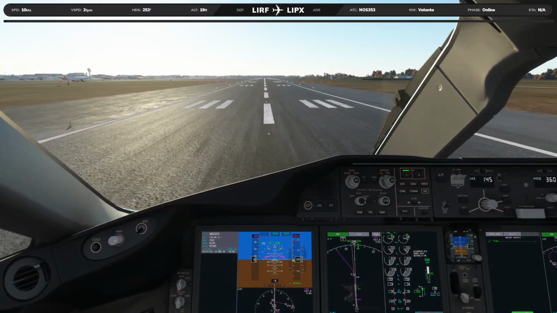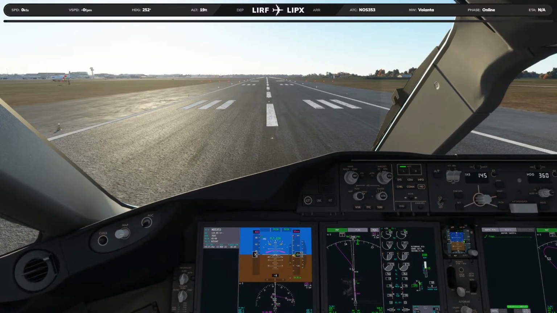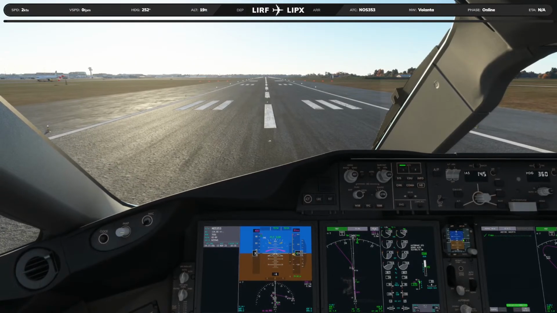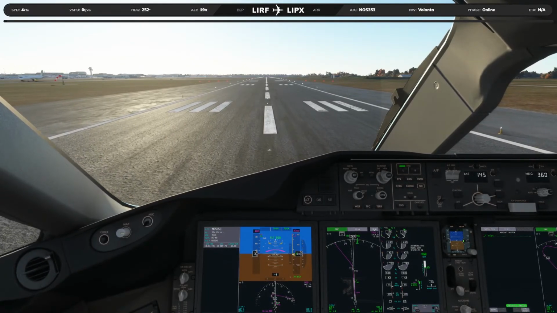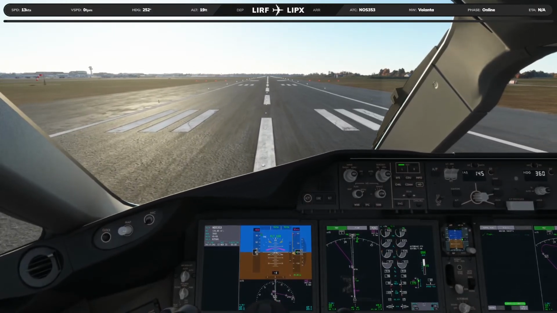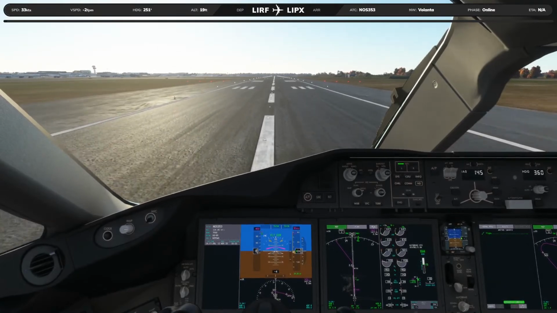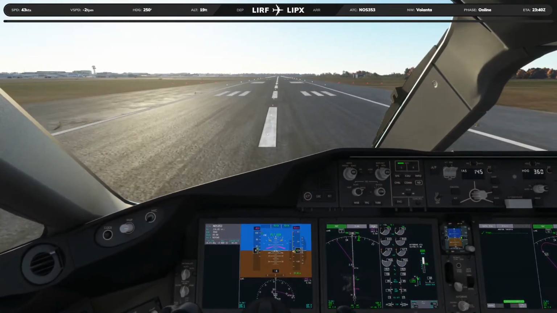We are cleared for takeoff, runway 25. Engines are stable. Airspeed alive.